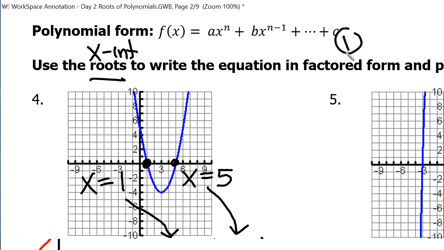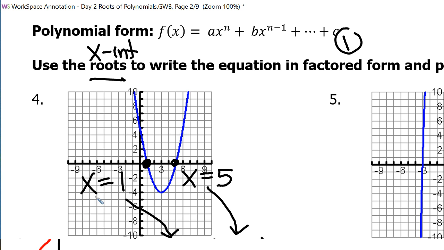Now, to get the second answer, the polynomial form is this form up here, where we actually have it expanded term by term by term with no parentheses. So what we need to do is take this equation and double distribute so that we can get the polynomial form. So if I double distribute, and I'll put a 2 right here,